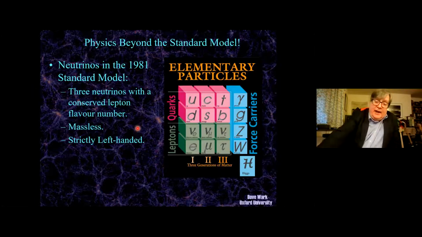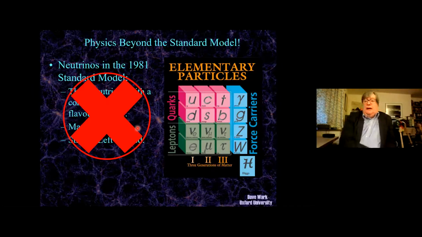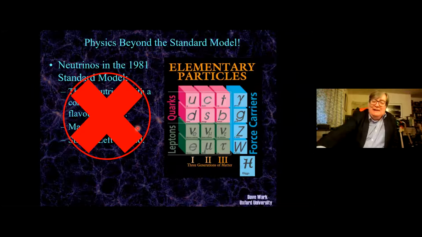On the neutrino side, on the other hand, this is all wrong. None of it's right. And so in that sense, the physics we have discovered in the intervening 40 years that demonstrates that's all wrong is physics beyond the standard model. Now, the interesting question is how far beyond the standard model, and we'll come back to that a bit as we go along.